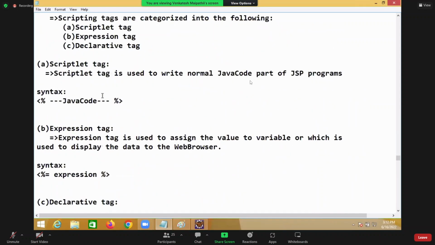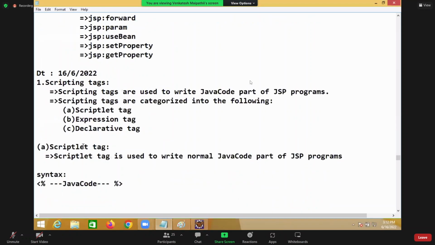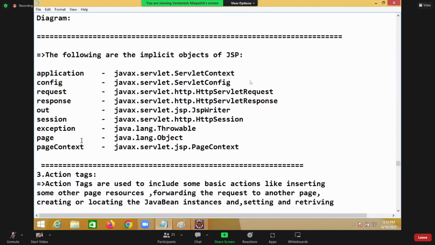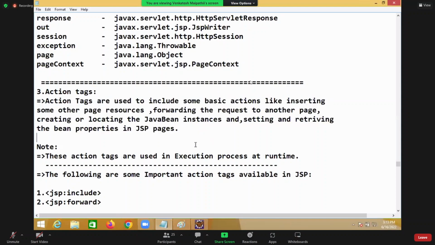So after this, scripting tags, directive tags, except tag lib, we are going for action tags. So action tags means they are executed in the execution process. Generally, you can see that. Action tags are used to include some basic operations like